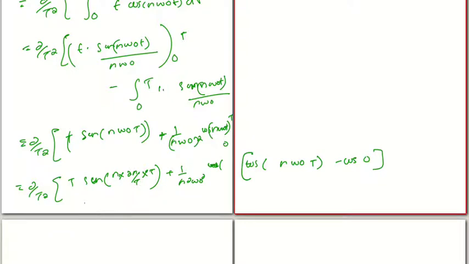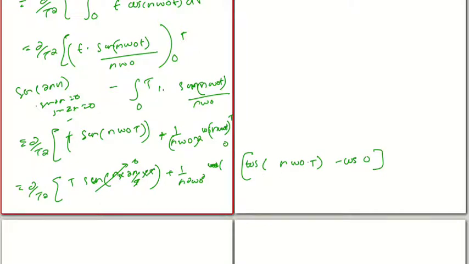So what happens is this term will be equal to 0, that is sin 2 pi n. Whatever the value of n is, if n is equal to 1, it is sin 2 pi, which is equal to 0. If n is equal to 2, it is sin 4 pi, which is equal to 0. So I can generally write it as always equal to 0, so I don't have to take it.